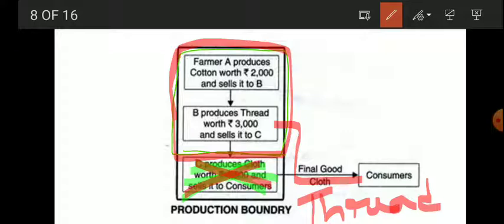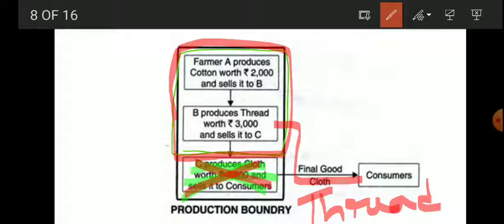So now this thread will become the final good, because you have purchased that thread for your domestic use or for your personal use. So now the thread becomes the final good. Is it clear? So in this way we can draw an imaginary line, and once the good comes out from